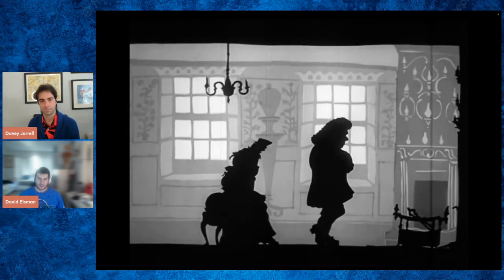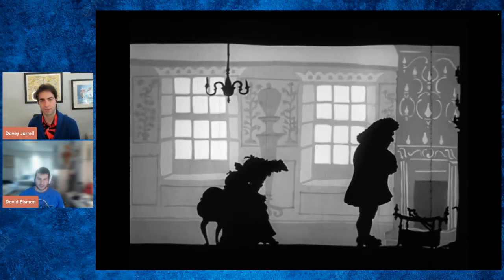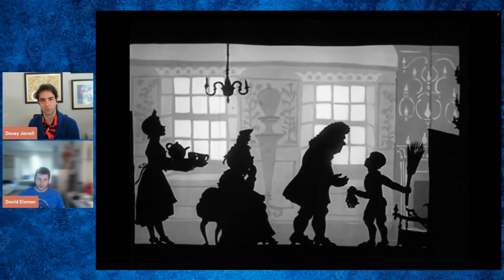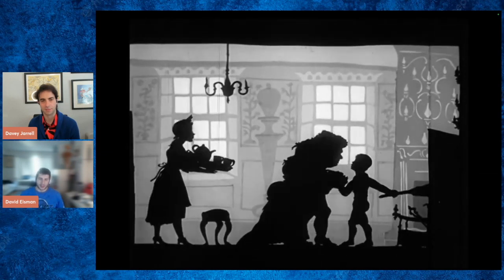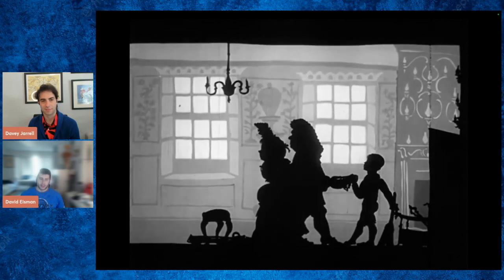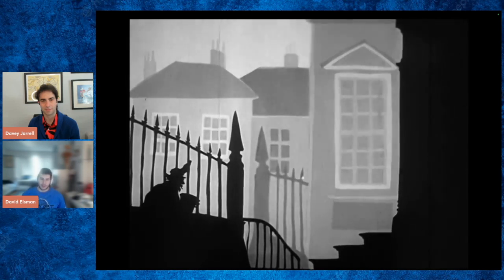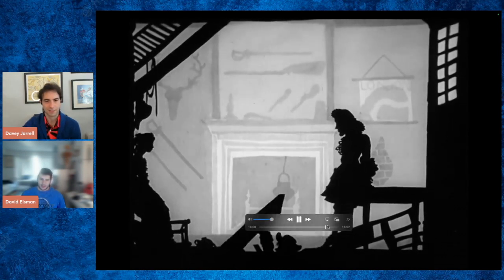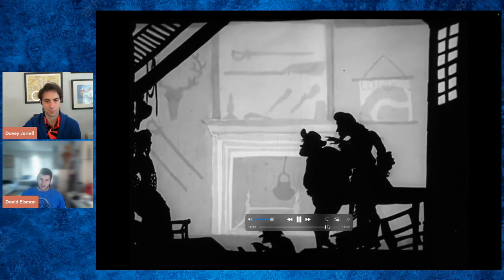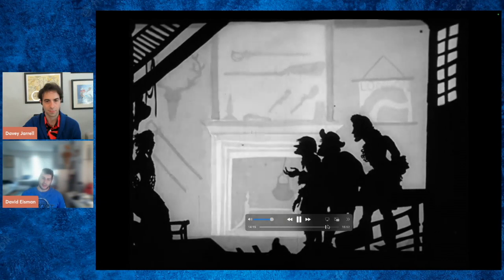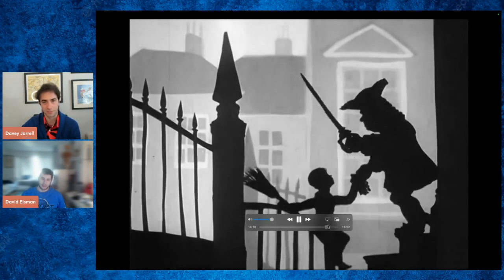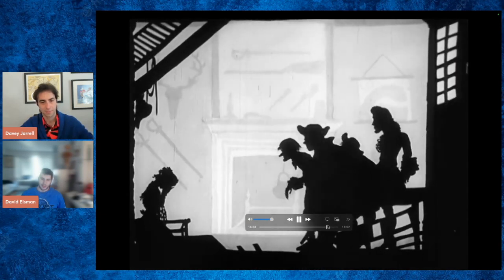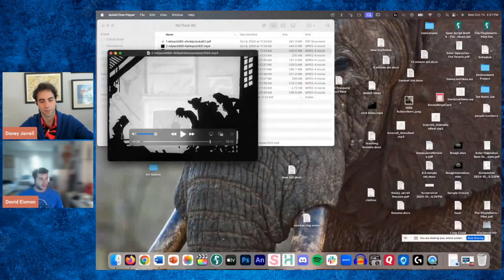All these characters have such distinct personalities too, just from their shapes. In the movement, you can tell what they're wearing. It's amazing. Yeah, it's quite incredible. Where she decided to put detail and where she decided to take away. That was an excellent push. Good sense of movement and weight. The way her arms fell down after he backed really away. Really great hands, too, I'm noticing. Really articulated hands. Alright, let's keep going.